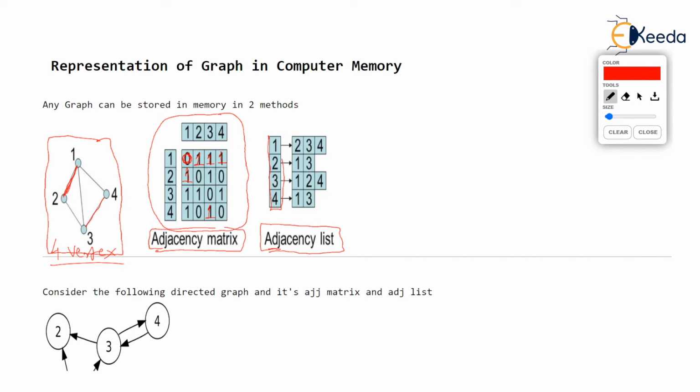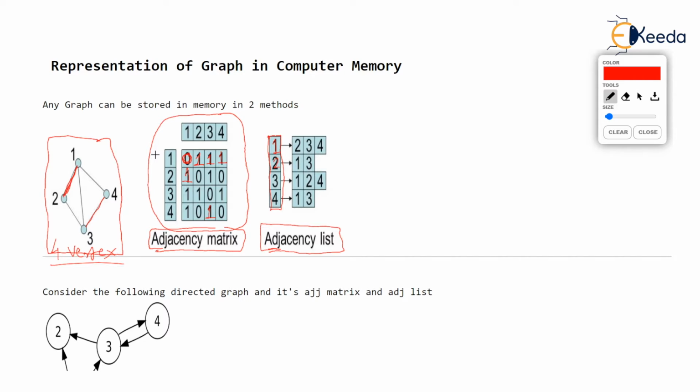And that array has 4 elements. I have numbered the elements inside here. So this is element 1 of the array, element 2, element 3, and so on. Now there are 4 elements because there are 4 vertices in the given graph. Had it been that there were 1000 vertices, we would have an array of 1000 elements.